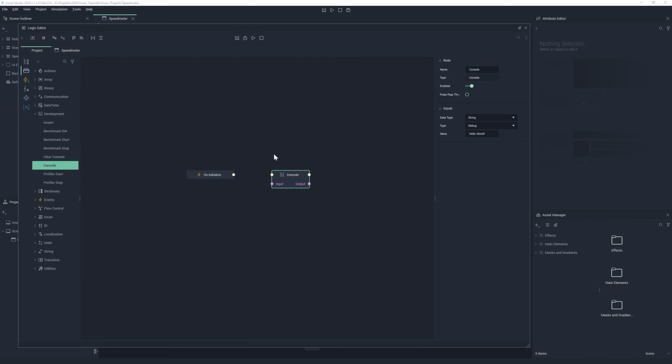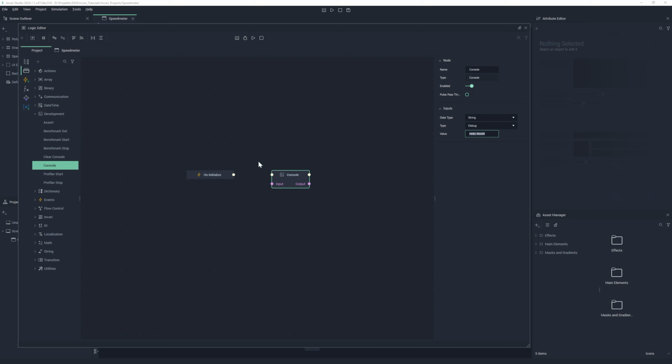So with that information in mind, let's come back to the console node. This node outputs some information to the console module. It is used for debugging and testing purposes. If we click on the console node, we will see that this, like objects, has a set of attributes. The one I want to highlight in this case is the value attribute, which says Hello World. This means that the value of this attribute should be what we see in the console once this node is